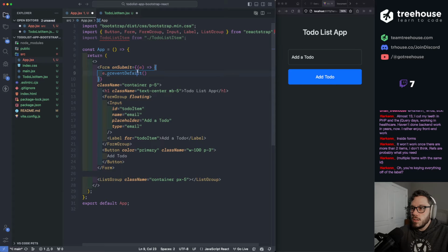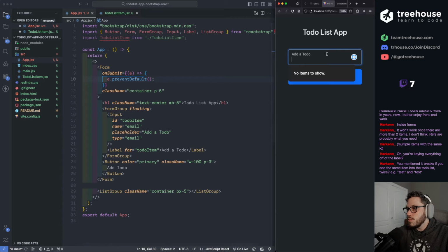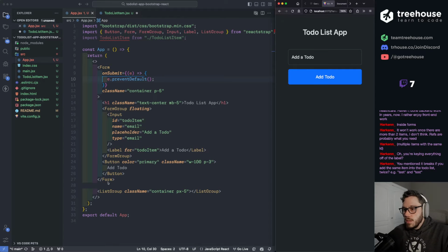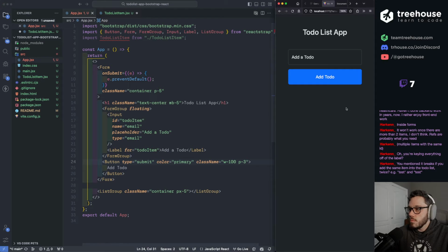Refresh. e.preventDefault. Does this work out of the box? Probably not. Oh yeah, it does. Cool. I think the button needs to have a type of submit though. Also, cool, that works.